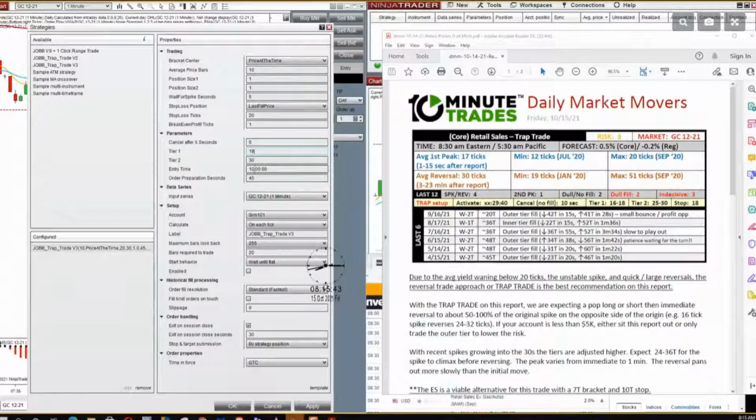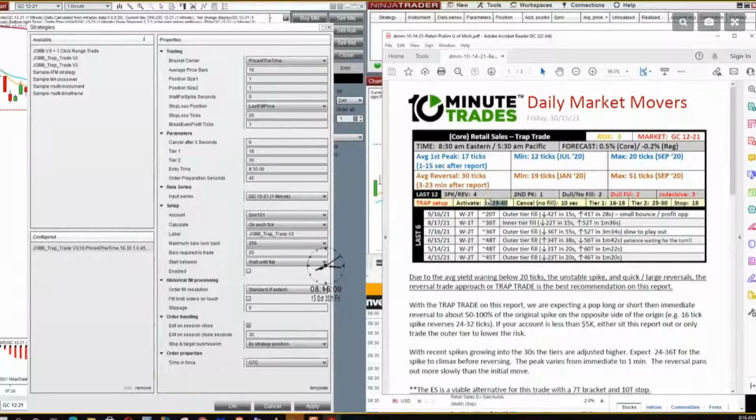Think of those as your brackets because that's essentially what they are. Our entry time is 8:30. The entry time just means what time is the report being released? 8:30. If it's the wrong time, the strategy won't fire. And then the prep time, order prep seconds, is how many seconds before 8:30 you're going to put your orders on the chart.